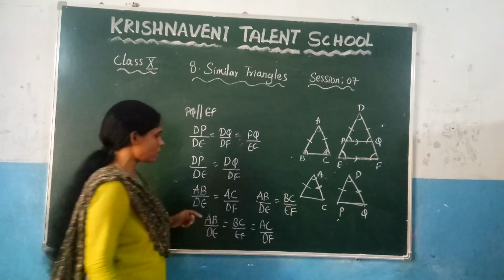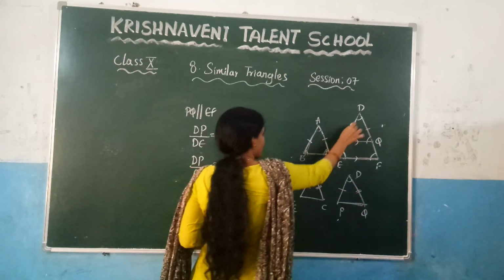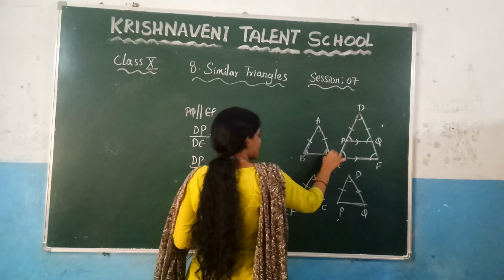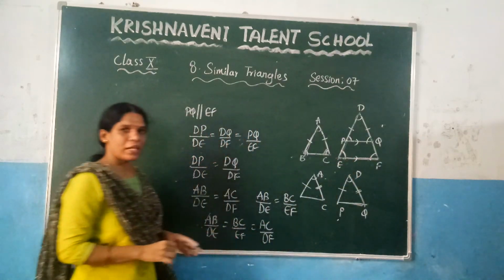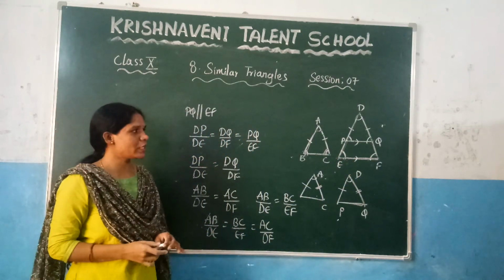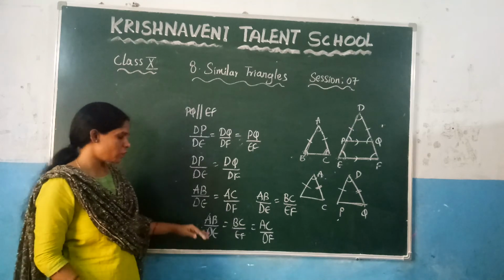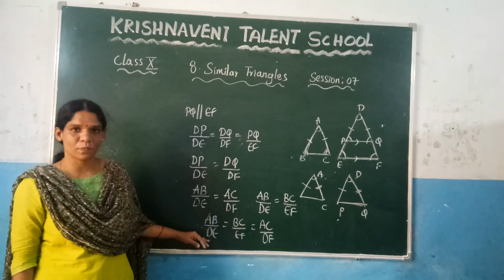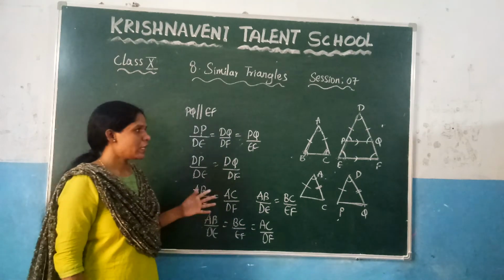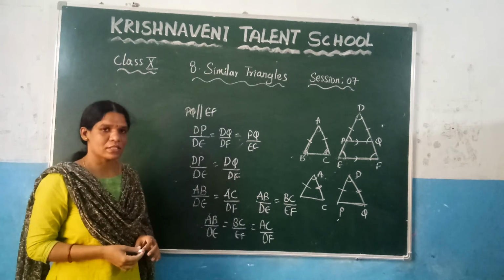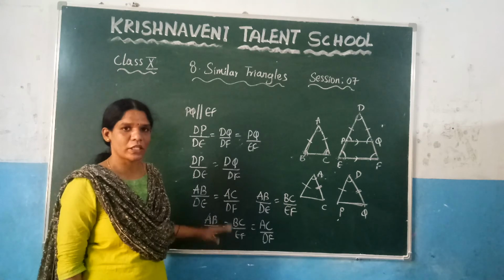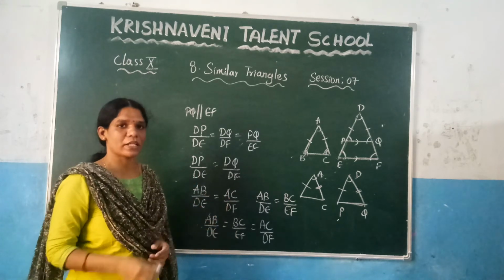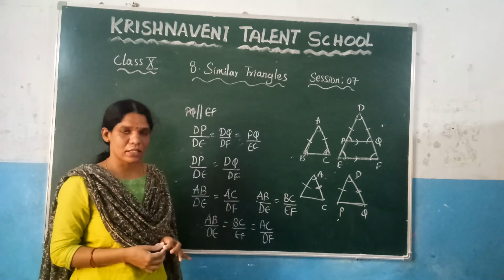You can observe AB by DE, that means this side and this side, and similarly AC by DF, these two sides, and BC by EF. So what we have done here, we have proved their corresponding angles are equal, and we have proved now that the corresponding sides are proportional. So in the remaining exercises, if you prove one condition it is enough, there is no need to prove both the conditions. If the corresponding angles are equal, we can say that the corresponding sides